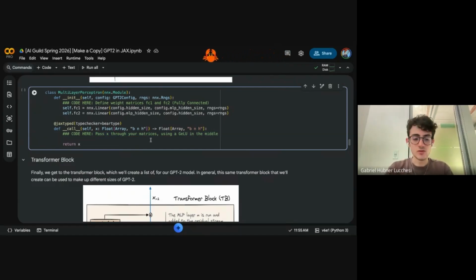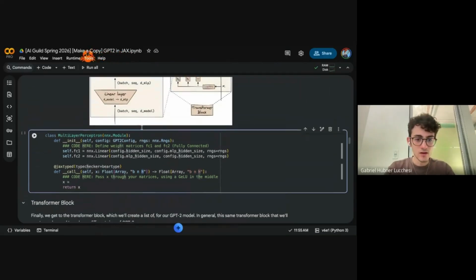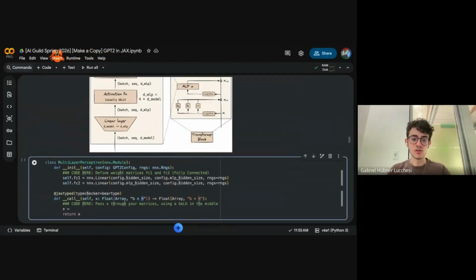The way that you do this, you just grab your initial X, which is of shape batch, sequence length, and hidden size. Batch being how many examples there are, sequence length being all of the tokens in my sentence, and hidden size being the same as D model. There's a couple of different names for it. I'm going to treat hidden size as the stream dimensions.